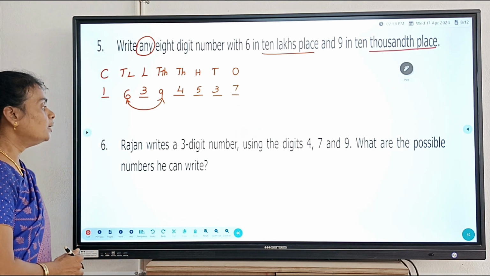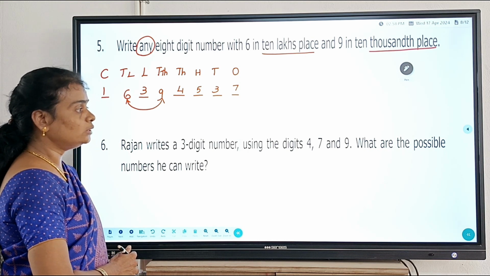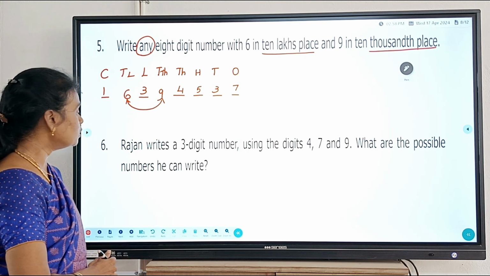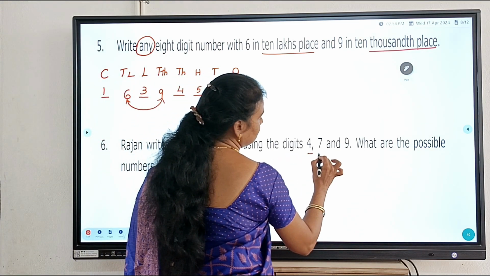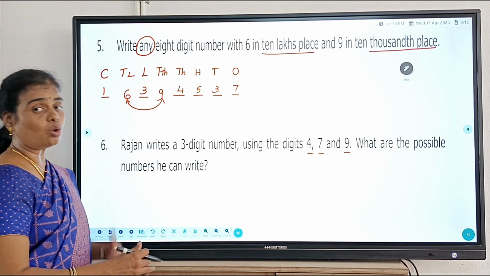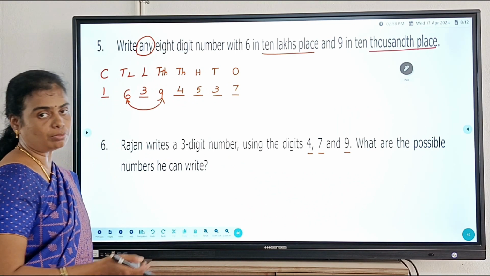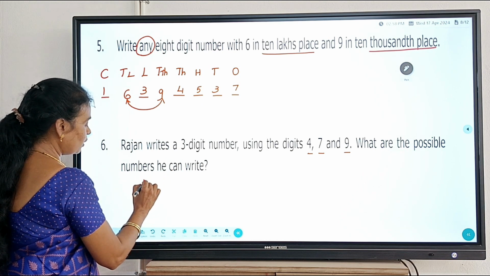Then the sixth one: Rajan writes a 3-digit number using the digits 4, 7 and 9. What are the possible numbers he can write? So you must use only these digits 4, 7 and 9. What are the possible ways he can alter the numbers, that is, change the numbers and form 3-digit numbers differently? So the first one can be